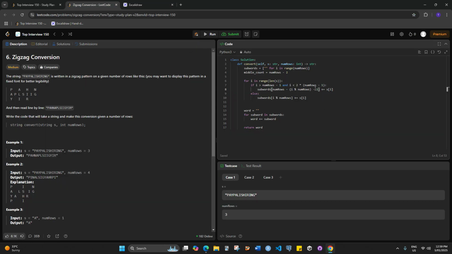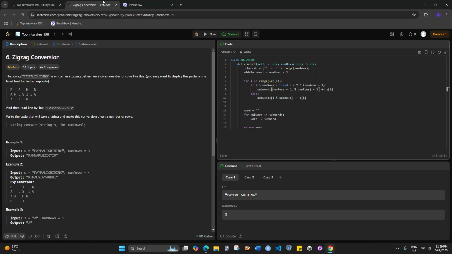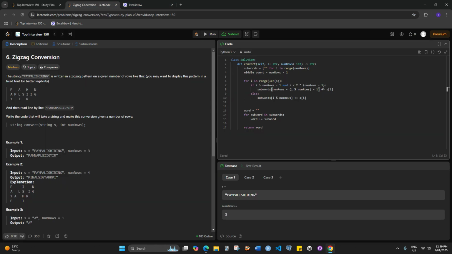Now, if I is less than 2 times rows minus 1, so here, rows is equal to 4 times, so 6. 0, 1, 2, 3, 4, 5, 6. So if you're in between those two. Okay, no, this first condition is correct. Then what we do is we do